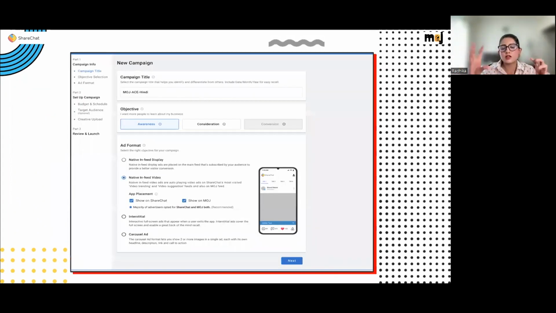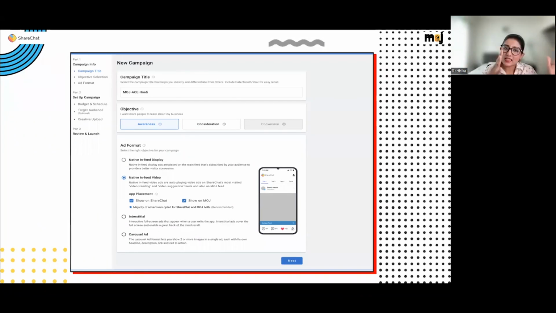These are screenshots of how the UI will look. This is scheduled to go live in the coming 10 days, so you'll soon be able to experience it for yourself on the ads platform. Historically, we've had these ad formats: native in-feed video, native in-feed display, native in-feed video Moj, interstitial, and carousel.